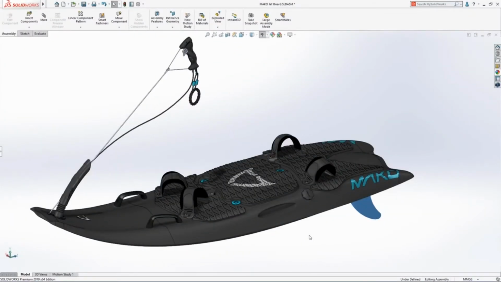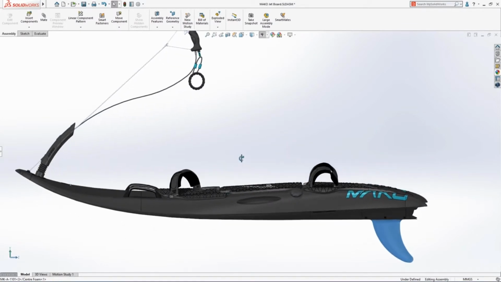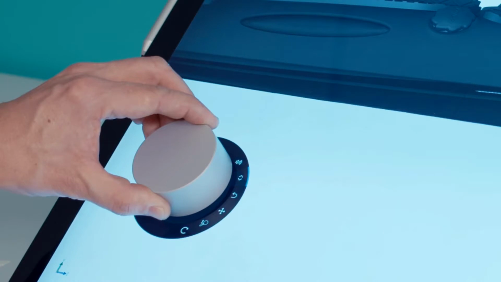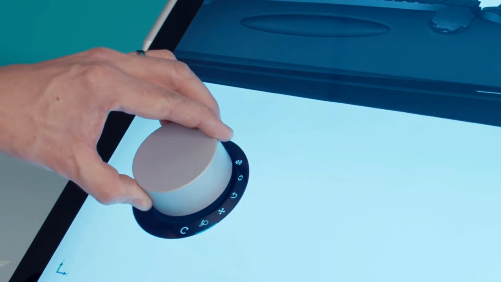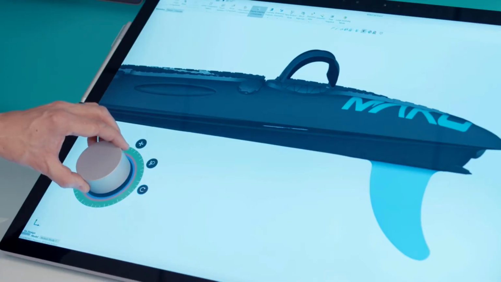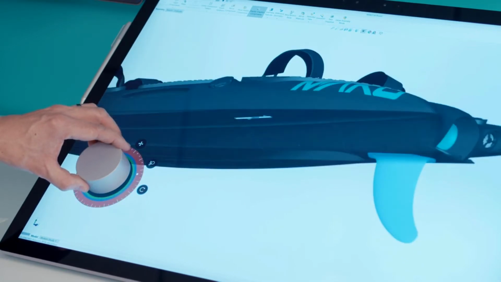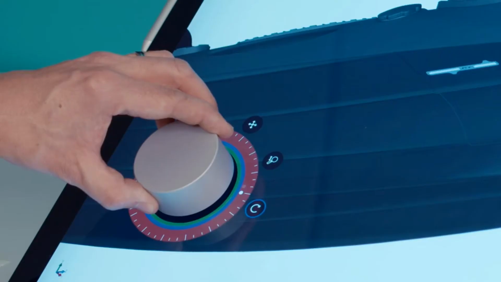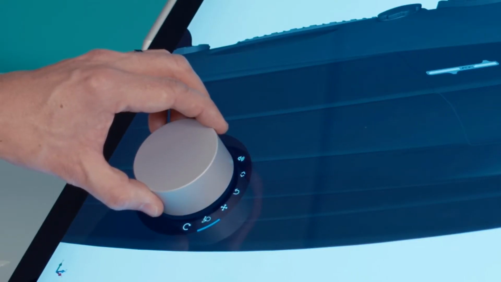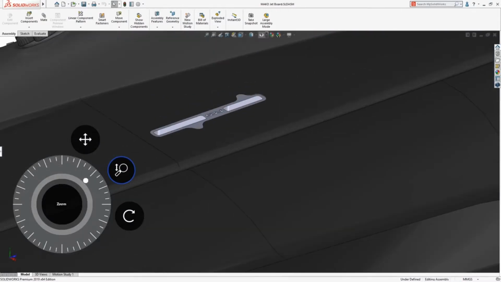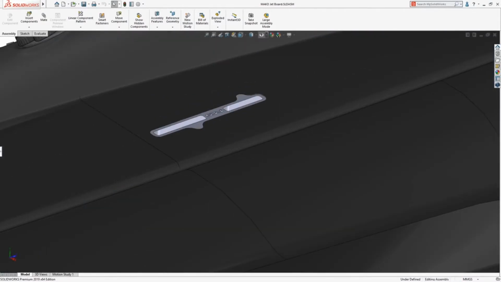SOLIDWORKS 2019 delivers a wealth of innovative new productivity enhancements that let you take advantage of the latest cutting-edge hardware technology. Now when working on any Windows touch-enabled device, you can use a Microsoft Surface dial to pan, zoom, and rotate your model. Place the dial directly on the screen, then press and hold, and the tools appear graphically at your fingertips directly on the digital table. The dial keeps you completely in touch with your design by providing an exciting and immersive way of interacting with